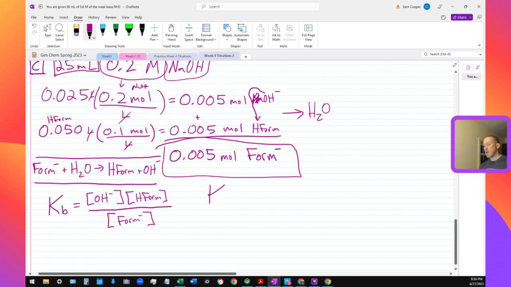Now, you might be looking in your appendix H or your appendix I, but you probably won't find the Kb of formate